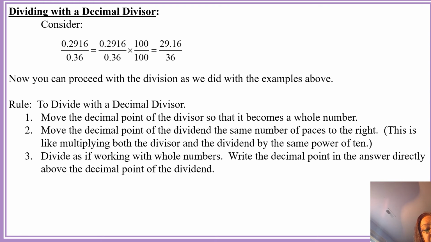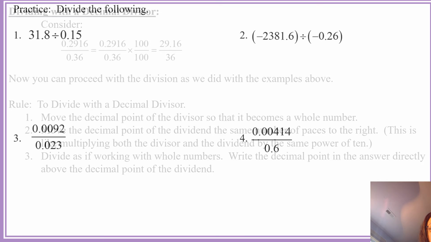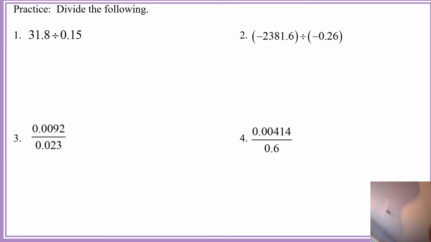Dividing with the decimal divisor. So you set it up so that you move the numerator and denominator. You move their decimal point the same number of positions. And that number is the number of positions you need in order to make the denominator a whole number. So in this first case, it was by 2. So you move the top and the bottom. Then you do the division. So I'm going to have to move it 1, 2. So this becomes